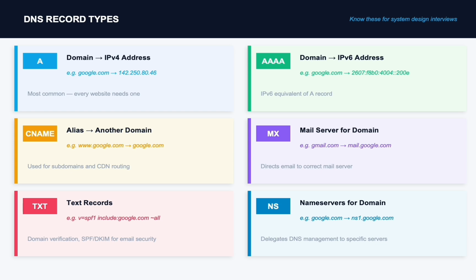MX record is for email. It tells email servers where to deliver mail for your domain. Gmail.com's MX record points to mail.google.com. TXT records are flexible text records used for domain verification and email security settings, things like SPF and DKIM that